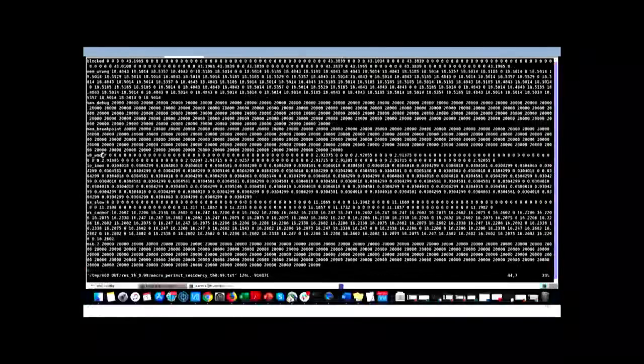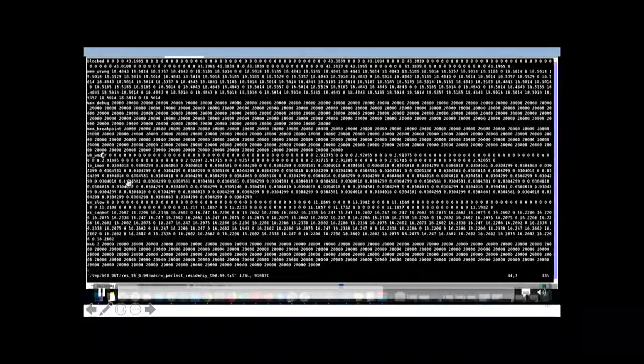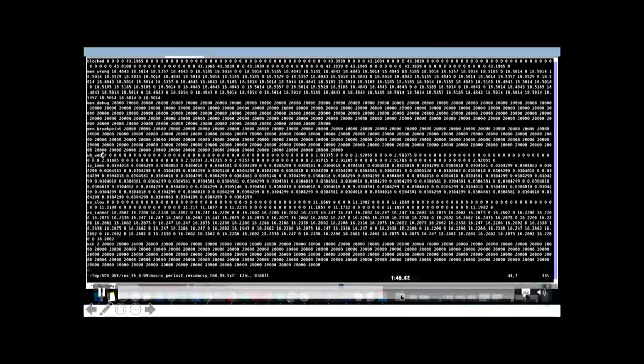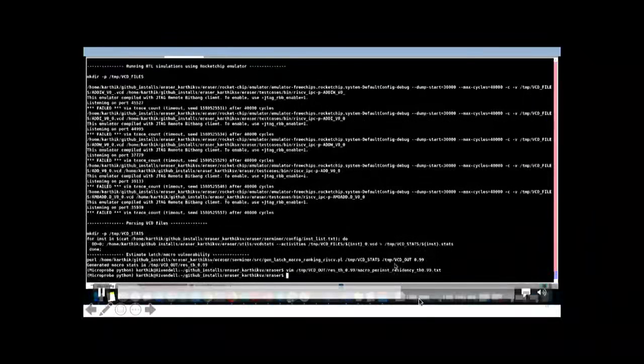Then finally we use these macro statistics to generate the stress marks. These are examples of the macro and instruction level statistics. For each macro we have the residency value across the entire ISA. These are for instruction 1, 2, and so on for every single instruction. A few of them are 0 because they have been thresholded out, depending on the value of rho. And finally, we use this to generate the stress marks.